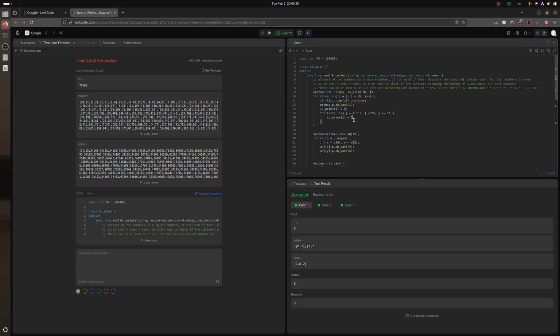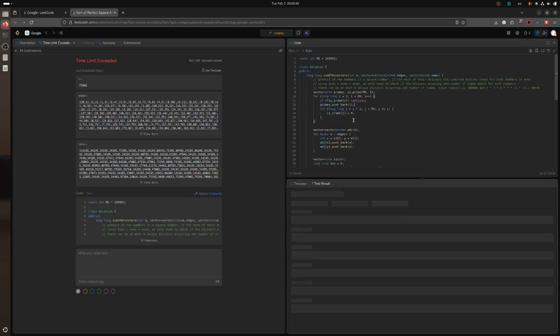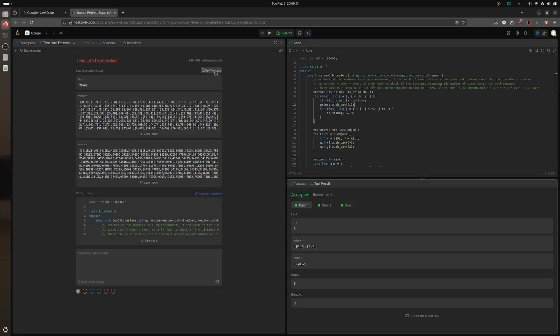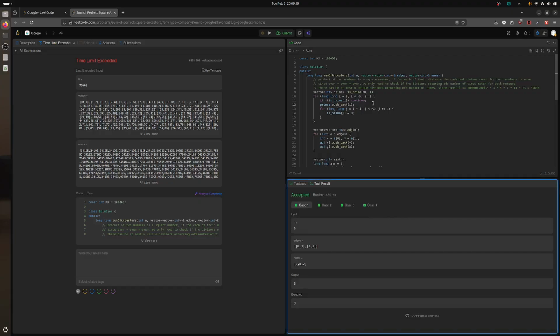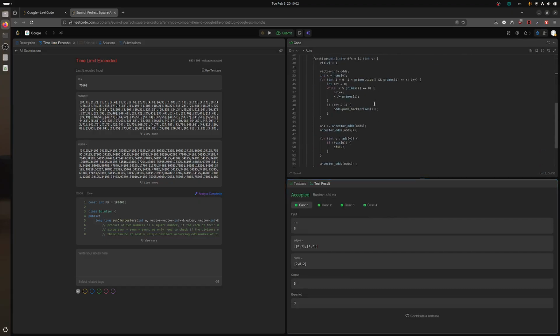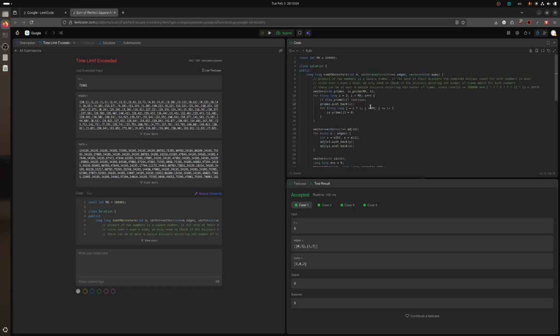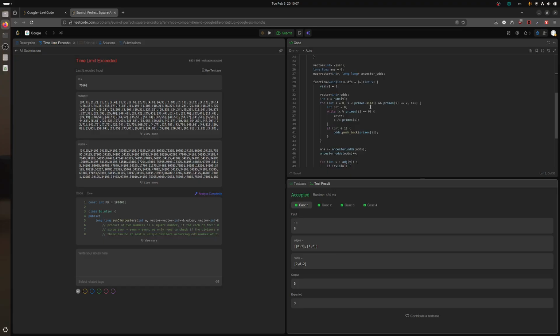Oh, because I cannot do a CV. Okay, if I use this test case, how long does it take? Shouldn't really take that long. 430 milliseconds. That's a lot. I mean, map is slow. That's true, but